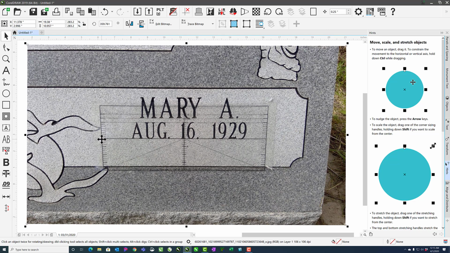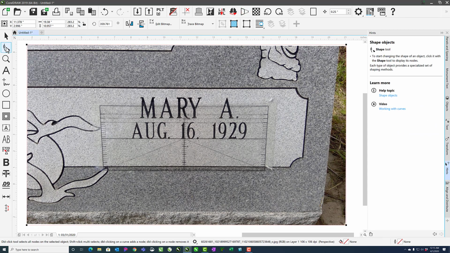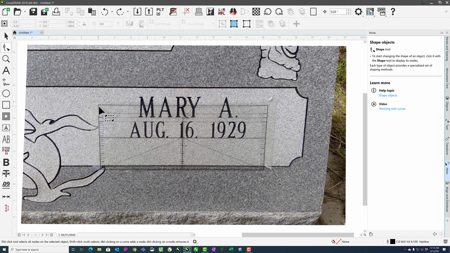Now the reason this wasn't quite right to begin with was because this picture has been skewed at a little bit of an angle. So if we want to, we can fix that skew by coming up here to perspective, and it gives us 4 corners that we can drag. If I want to make sure that I'm